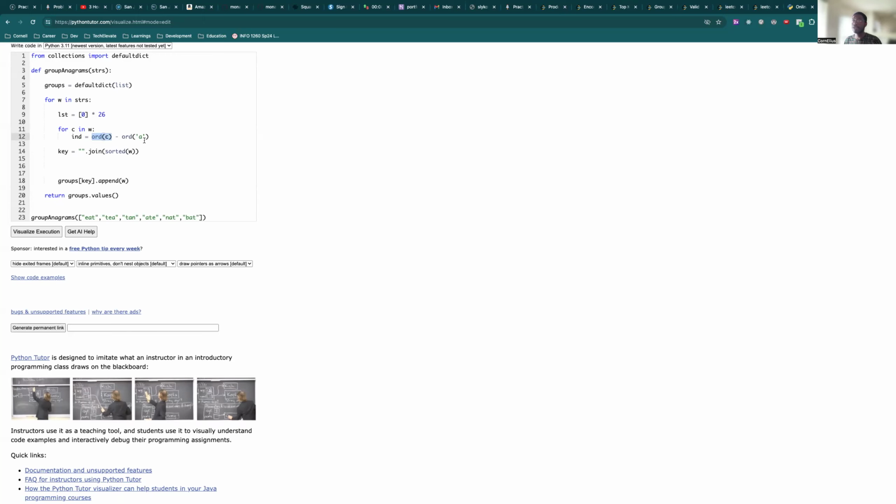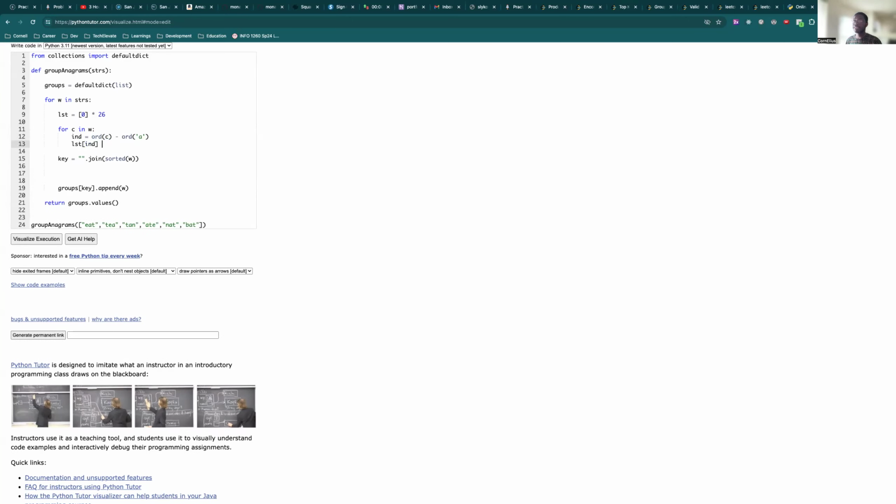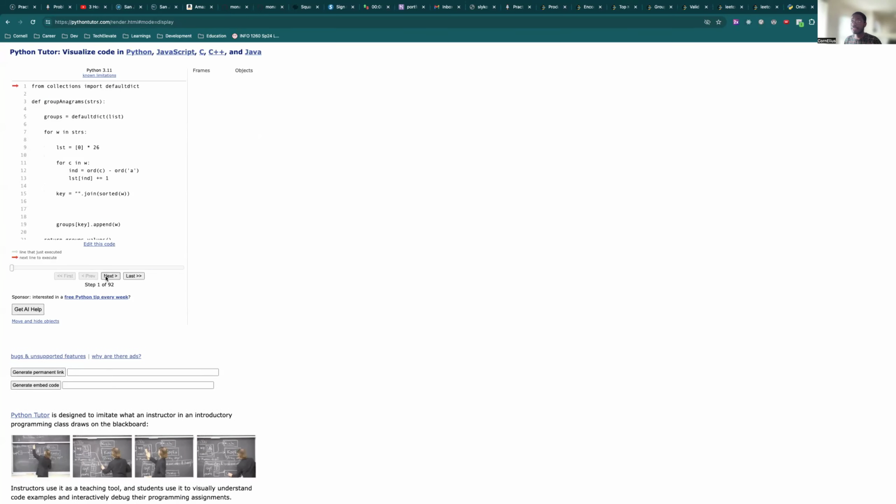Can we all see it? Then it's going to be 0. So then I end up bringing it to index 0. So yeah, the list index should just be plus equals 1. So this is literally what I'm doing. So if I visualize this execution, see what is happening here.